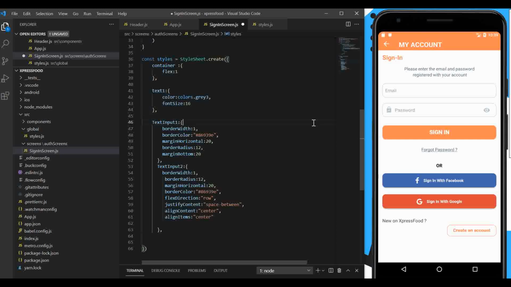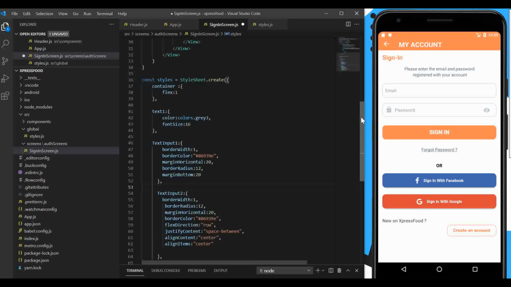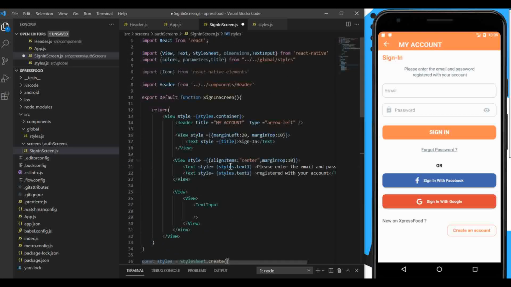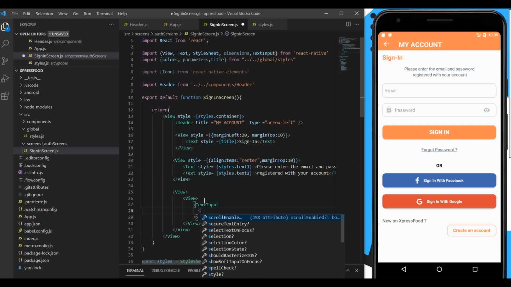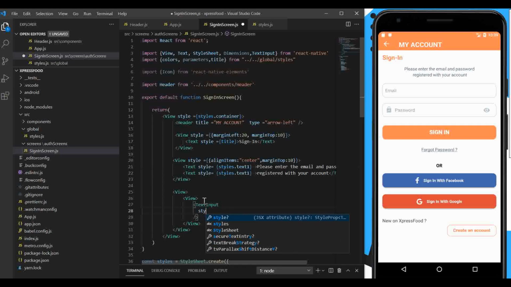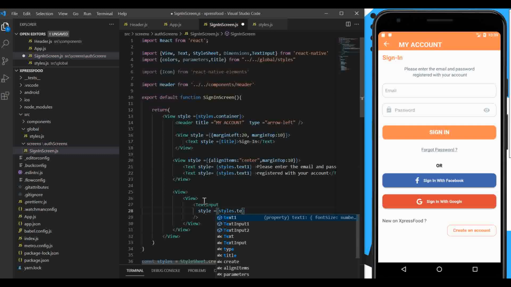You can pause the video and type these styles as well in your style sheet, and go back to your text input and pass the style props the following: style equal to styles dot text input 1,